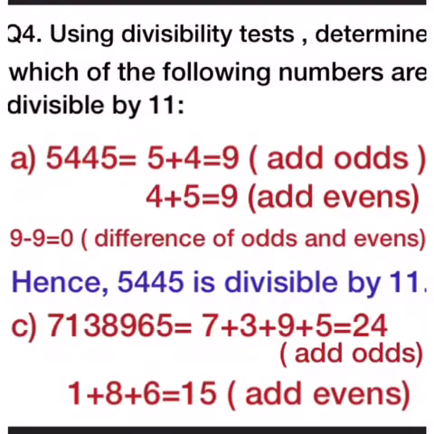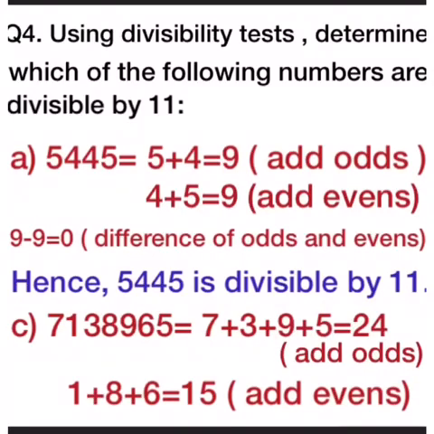Let's start with the first one, 5,445. When we add the odds, we get 9, and when we add the evens, we again get 9, and the difference is 0. So this number 5,445 is divisible by 11. Then the next number